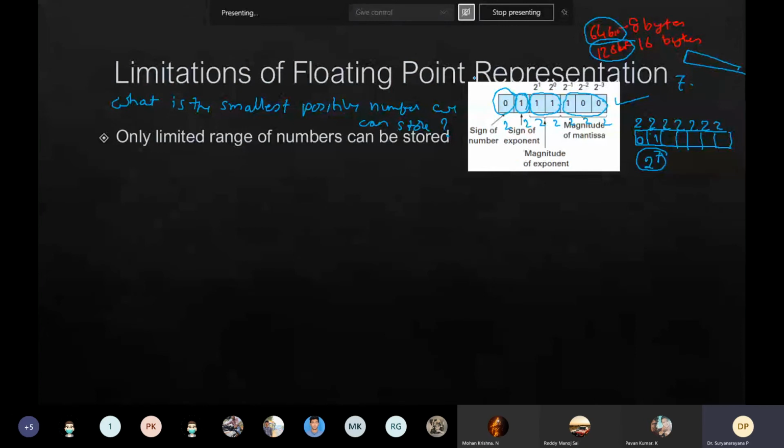Okay, so we start with here. I said we're looking for a positive number, so that is 0, no problem. And these three are exponent. So you ask yourself, if you're going for the smallest number, should the exponent be positive or negative? You think of it, it's not too difficult. If you're trying to find a very small number, then the exponent should be positive or negative. Anyone?